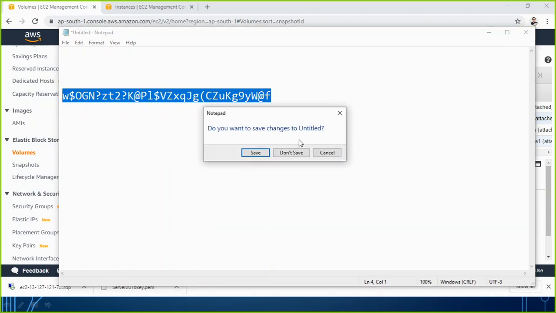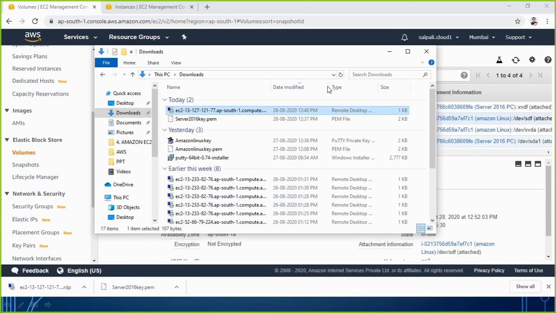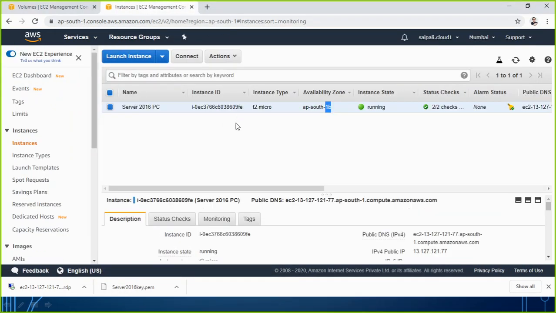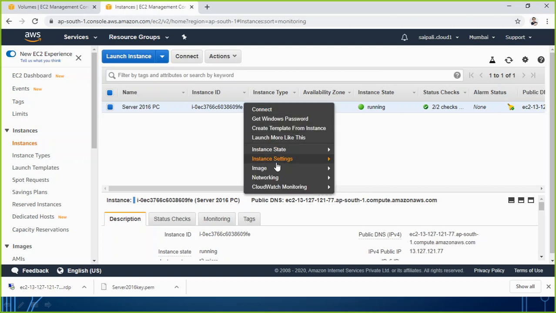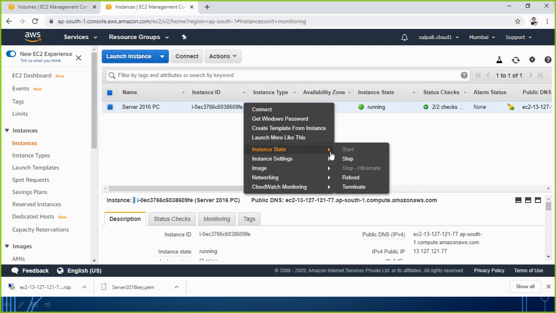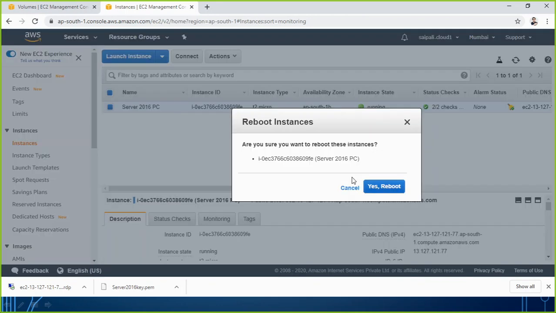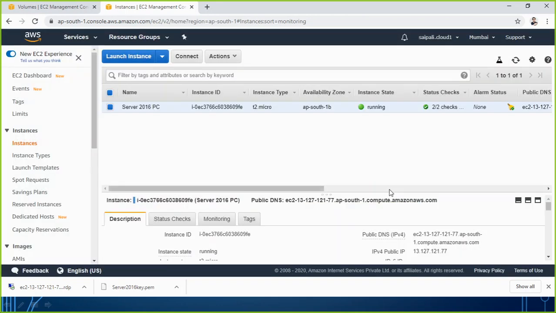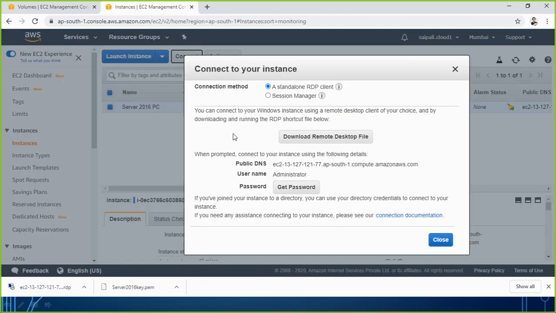If you want to have the immediate effect, I can try doing a restart of that instance. So maybe I go to this machine and let me just do a restart here, just to have a quick result. Then I go to connect.